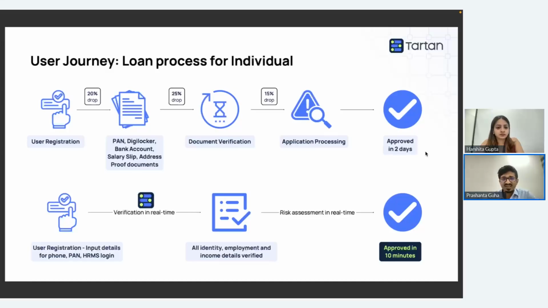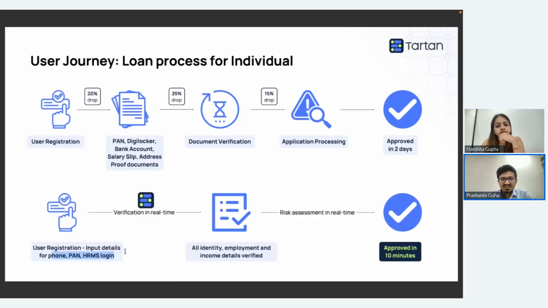At the second stage, you had to upload a lot of different documents, your payslips, your bank statements, a lot of different IDs. And at the last, all this data was approved by an individual who confirmed that it was genuine. On the second side of the slide, we see a user who is actually using these digital journeys, where the user just inputs a few details like PAN number or mobile number, and gets all the data in real time.